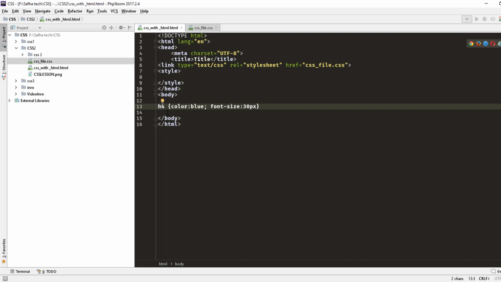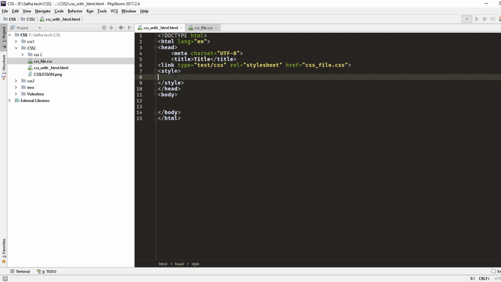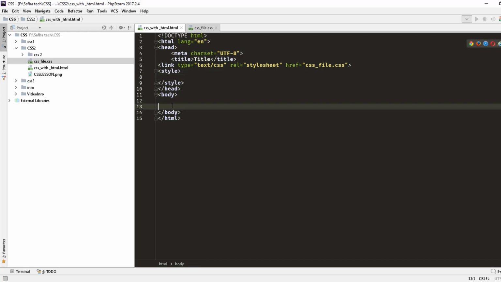So how many selectors do we have? We have 3 types of selectors: class, ID, or element. So let's start with the class. Let's delete that one and go here. We will write an internal style. Okay, so let's see here. We will use the internal